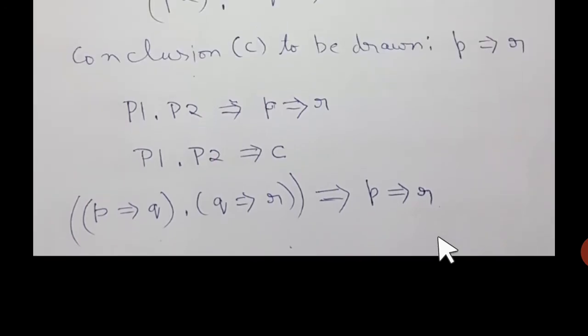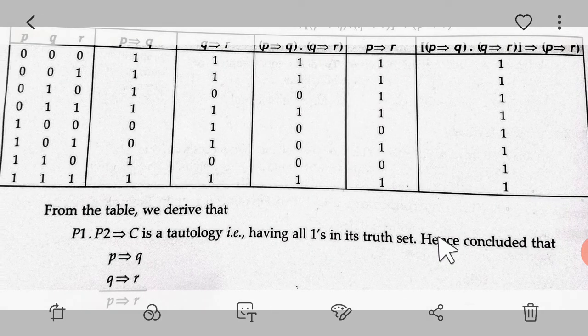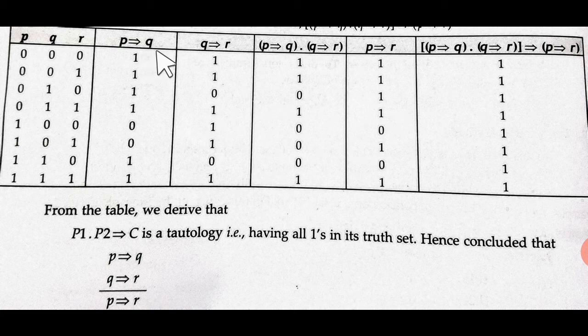After this, we will see how to write this entire thing in truth table form. A truth table of 3 variables is in front of you. We have one column for P conditional Q. Here the outputs are 1, 1, 1, 1, 0, 0, 1, 1, because 0 is given only when the antecedent is true and the consequent is false. So in this area the output is 0. In the rest of the rows it is 1.